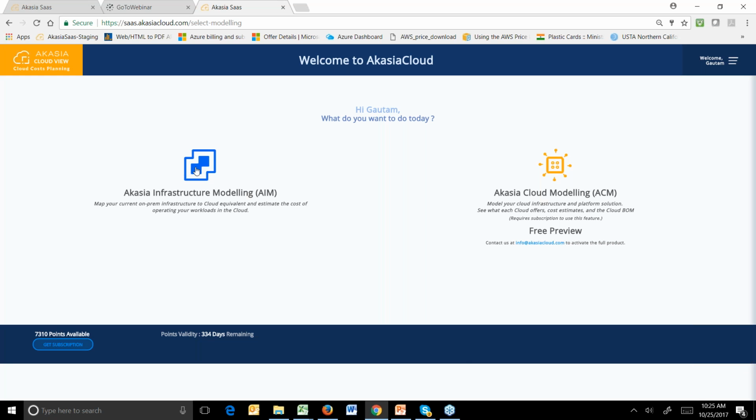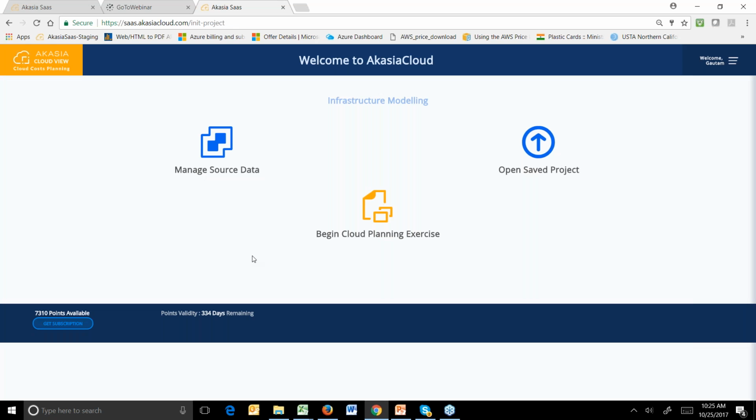As I walk through this, first and foremost, I'm going to show you the act of actually collecting information about your on-prem infrastructure. Once I collect this, I'm going to upload that information to our SaaS platform here, and then I'm going to start modeling that into equivalents in the cloud. I'm going to do some what-if analysis, and at the end of the day, I'm going to show you a bill of materials of the product and the cost associated with that as well. So that will be my demo for the first part.